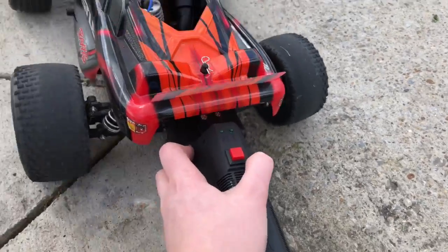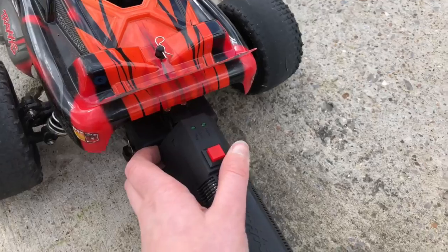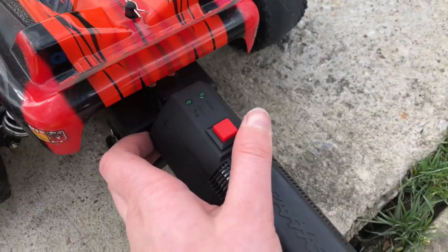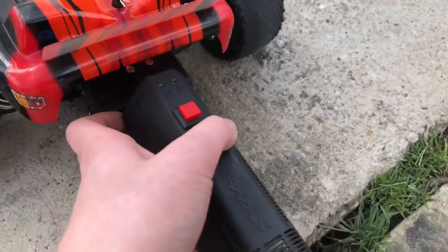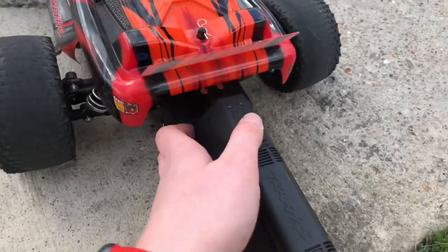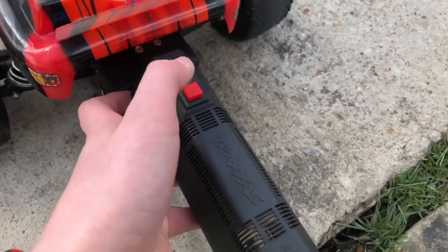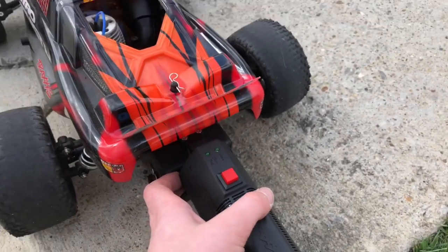Why 20% or why the backwards body clip? 20% because, I don't know. I just got this, and this guy, he's been into the hobby for like 20 years, and he recommended this, so I'm gonna trust him. Get a freaking pull start. This is easier. I actually considered getting a pull start, but